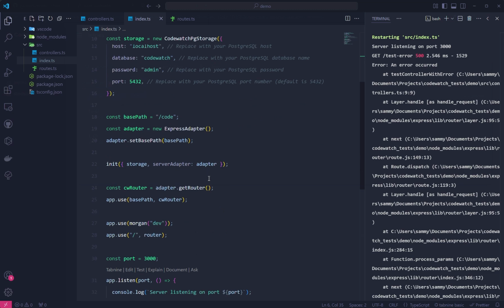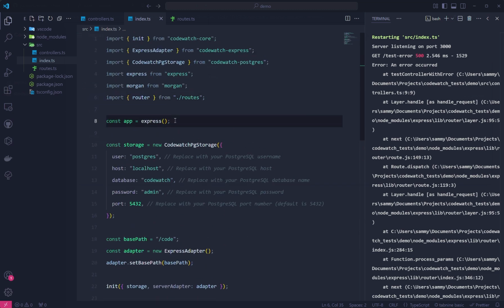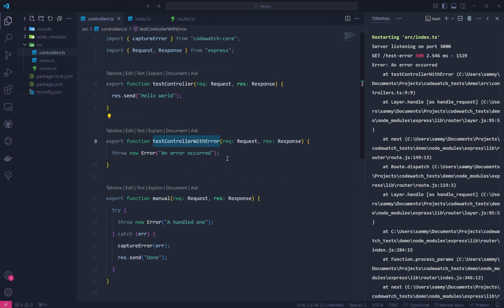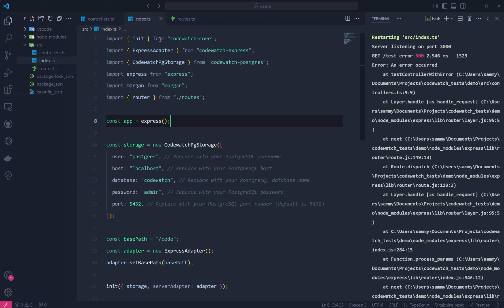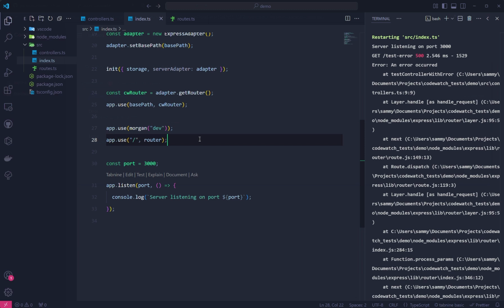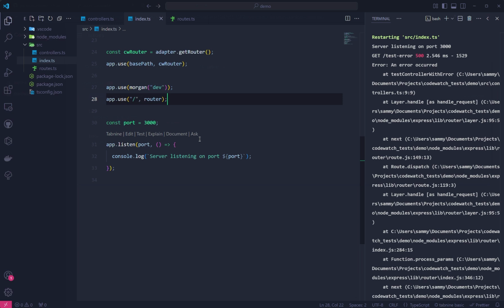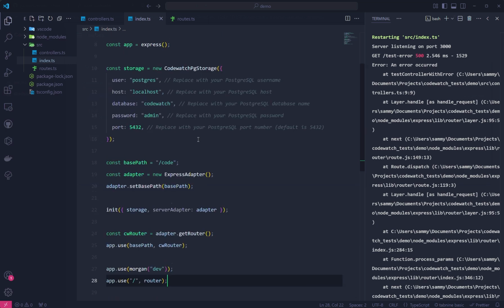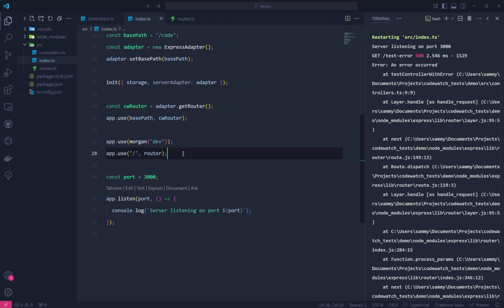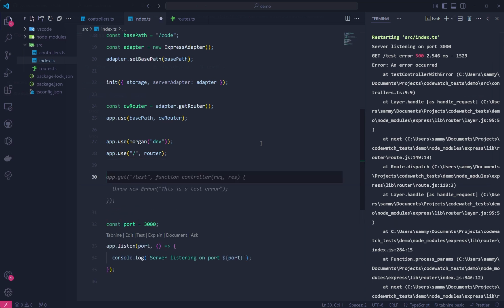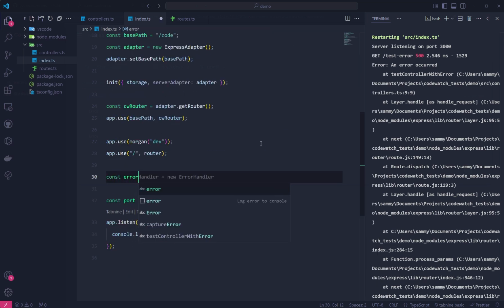We could always try and wrap all our controllers in try catch blocks or something like that, but there is a more convenient way of handling things like this, and which would be to, let's see, in our index file we can come to the very bottom and add our own error handler, and in the error handler we can capture that error and log it to the dashboard. So CodeWatch provides a convenient way of doing that. We can create an error handler. We can say error handler